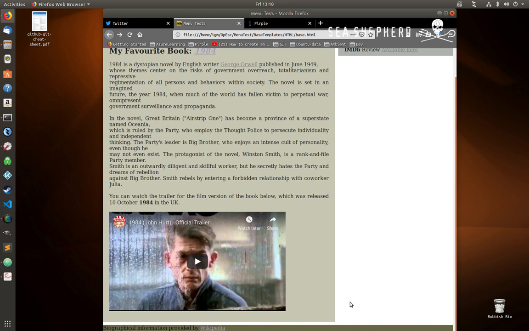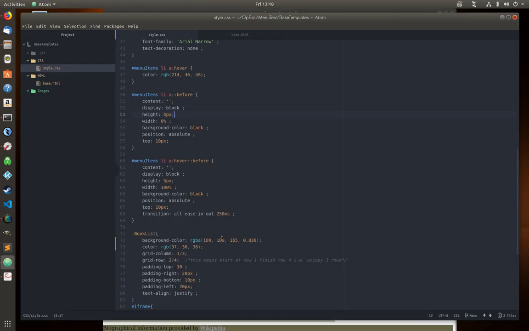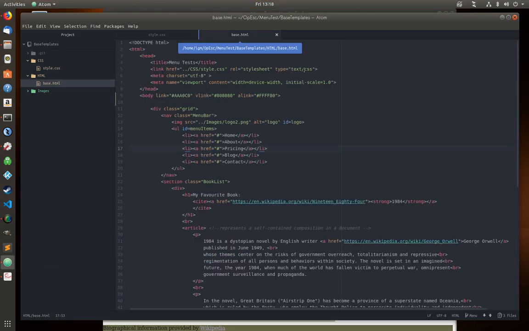So if I have a look at the actual source code for this, you can see here, this is the style sheet. First of all, if we take a look at the HTML, so standard HTML boilerplate at the beginning, but now you can see that we've got, for instance, the introduction of this grid class, which is the actual layout of the page. And you can see that I've introduced the menu, so we've got menu items in the menu bar. It's a nav